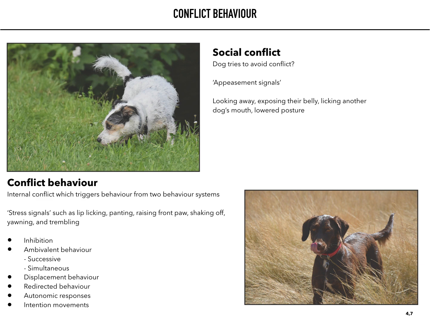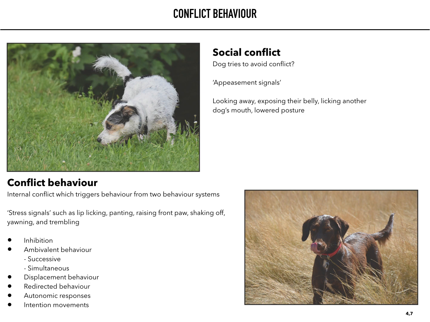And there's displacement behavior. This occurs when the internal conflict between two behavior systems results in the dog using a behavior act from a third, unrelated system. This is, for example, when your dog starts digging or yawning out of context. Then there's redirected behavior. It's where a dog can't direct its behavior to that which triggered it, and in turn it directs it to something or someone unrelated. Think of redirected aggression.